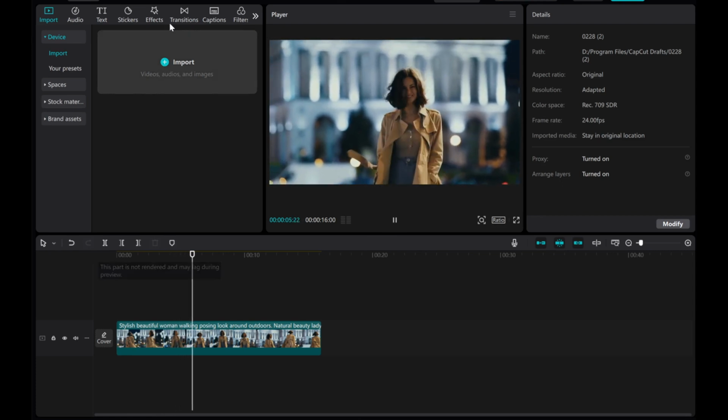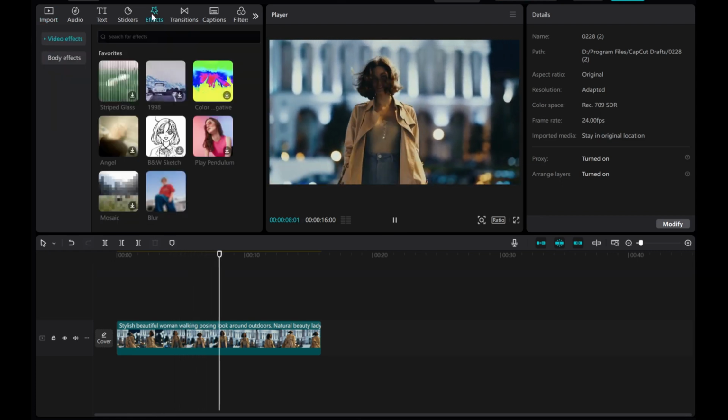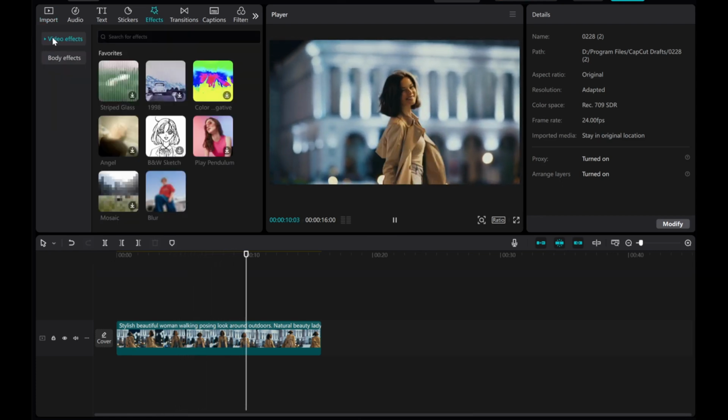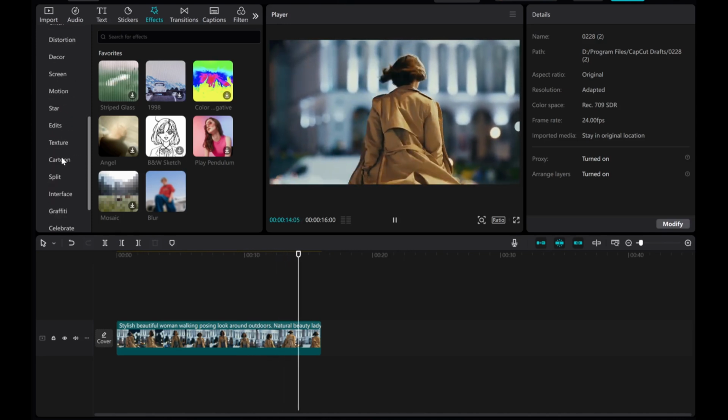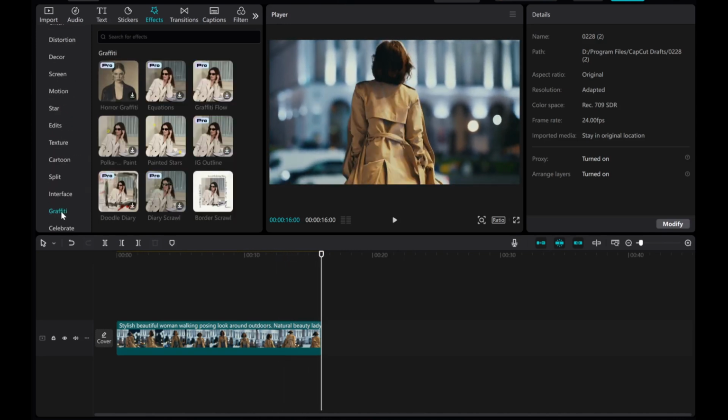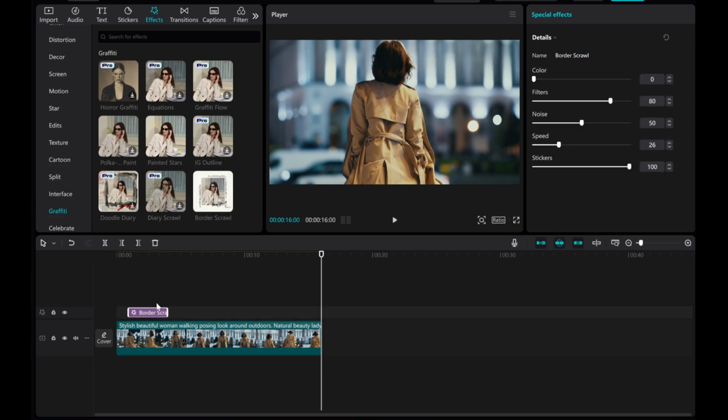To add the border scroll effect, navigate to the Effects tab. Click to expand video effects on the left side, then go to the graffiti category. Locate the border scroll effect. Next, click the plus icon in the bottom right corner or simply drag and drop it directly onto the timeline